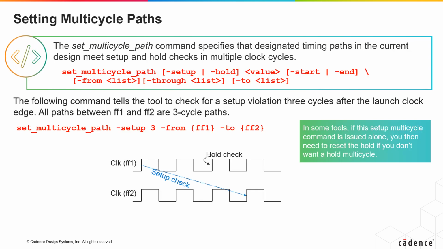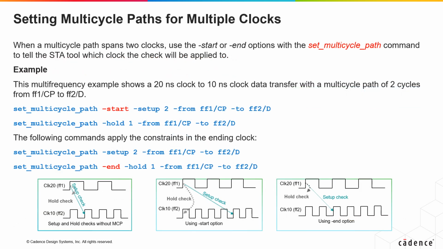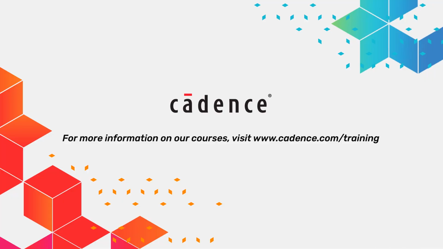You can use the set multi-cycle path command to set multiple cycles for a particular path. As mentioned in the example shown, using a multi-cycle path also changes the hold check. For multiple clocks, most tools use the start and end cycles along with the set multi-cycle path command. To specify a setup only multi-cycle, the setup checks are always relative to the end